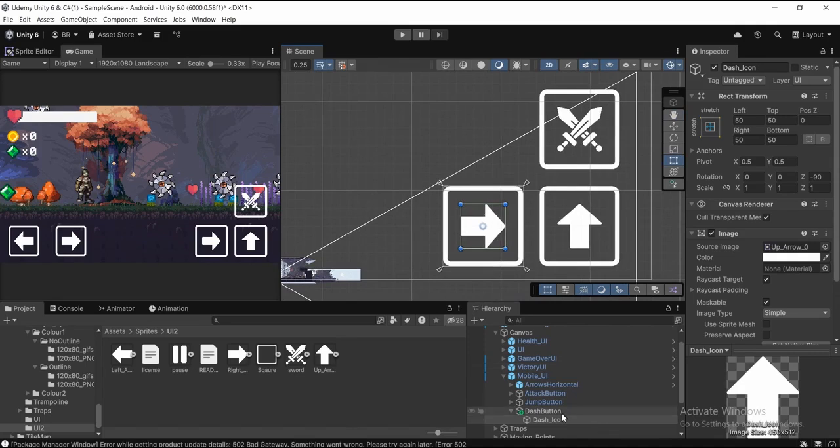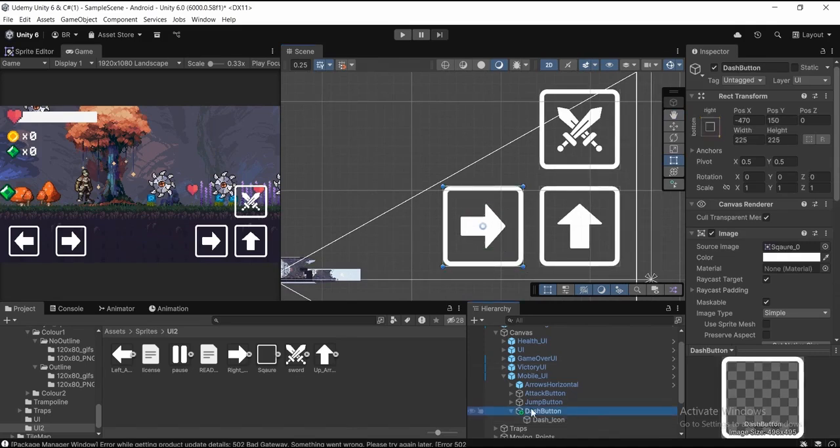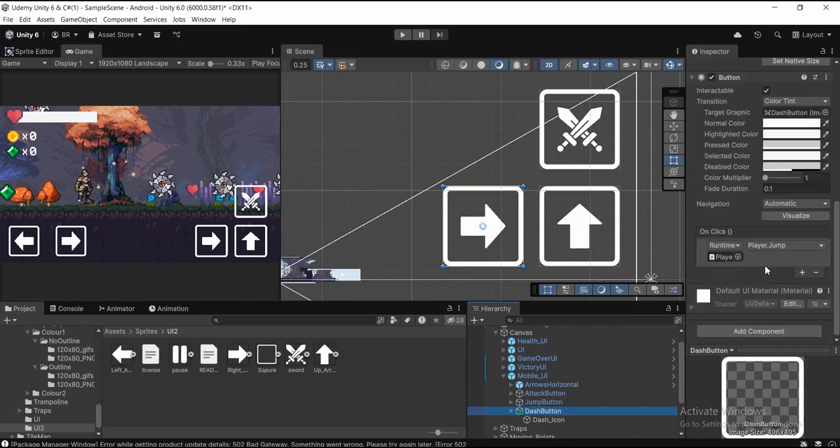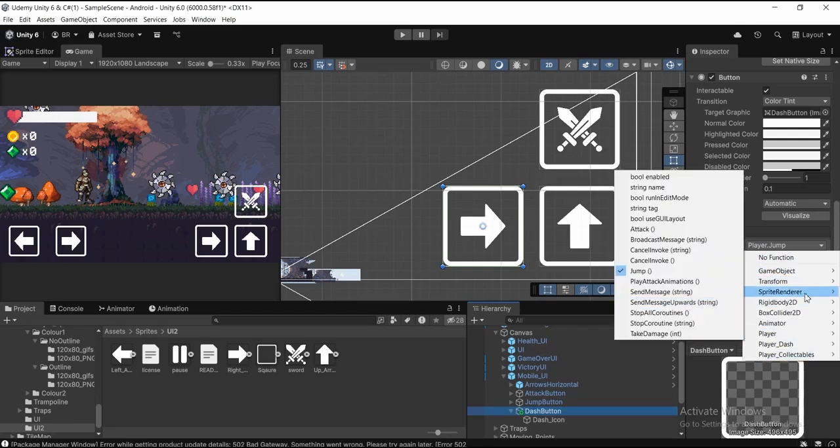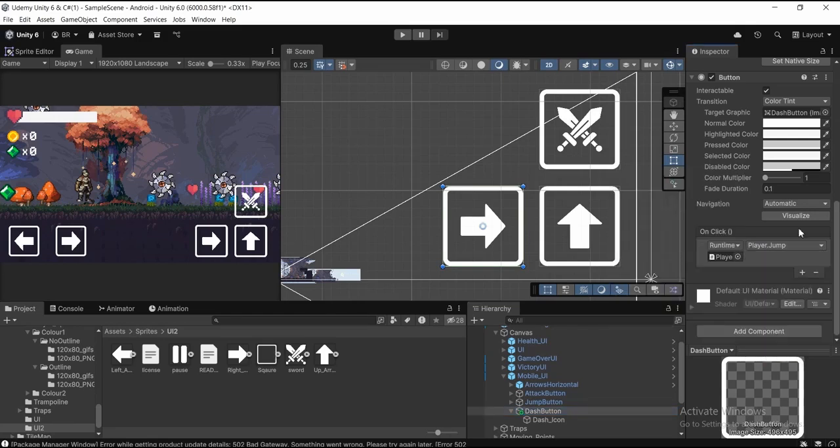Now what we need to do is call the dash function once we click on this dash button. So if I choose my dash button, then go over to Inspector and scroll down to my Button component, we can see we're calling the player.jump function. Instead of calling that, we need to call the player dash. And in order to call the player dash, we need to move over to our player dash